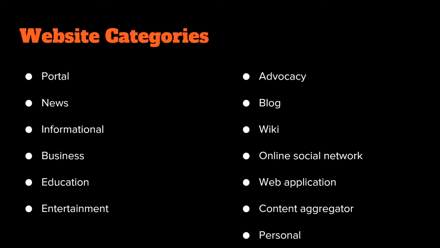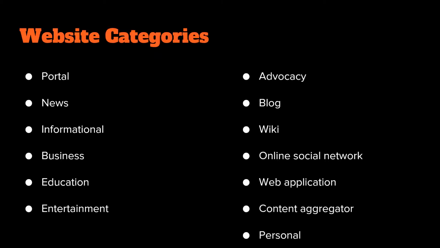Websites are categorized based on the content they contain, such as portal, news, informational, business, education, entertainment, advocacy, blog, wiki, online social network, web application, contact aggregator, and personal. Many websites fall into more than one of these categories. For example, an online social network, such as a Facebook page, could also be categorized as business, a blog, and